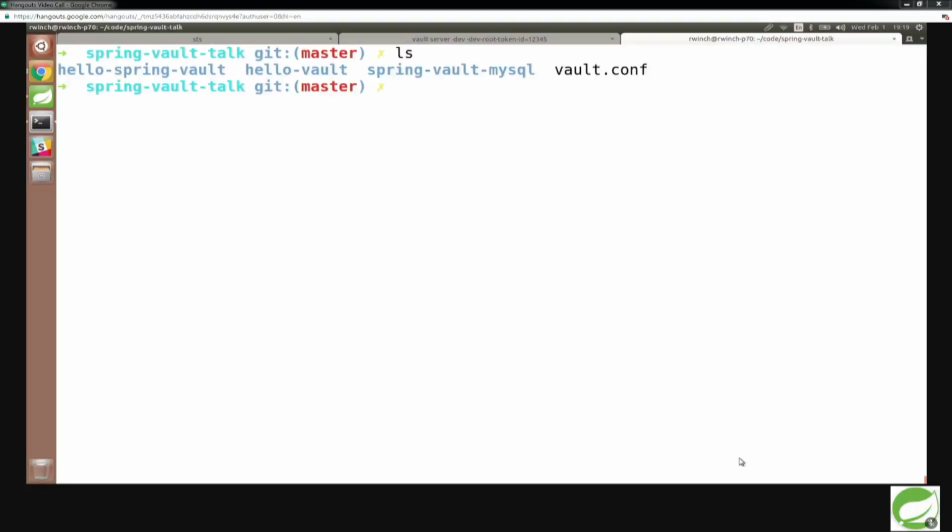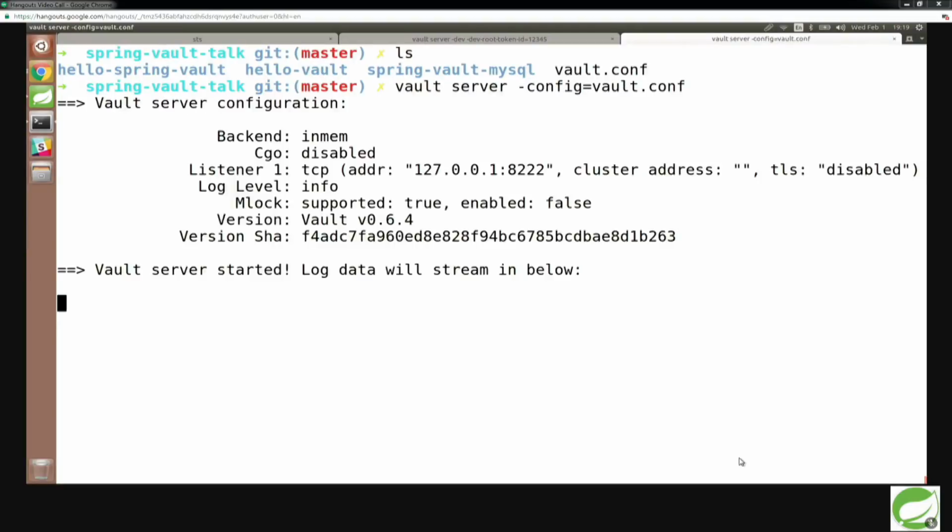Okay, so we're going to start up the server, and this time you'll notice that it halted at the very beginning because we're not in dev mode. So what did I do? I said vault server and then a config file. I'm not going to go through the config file because it's the most boring example you've ever seen, and you can find it on their website. We're starting in memory. It's all the boring settings at the moment. But the point is really to talk about how we authenticate to it and how we seal and unseal and what seal and unseal is.